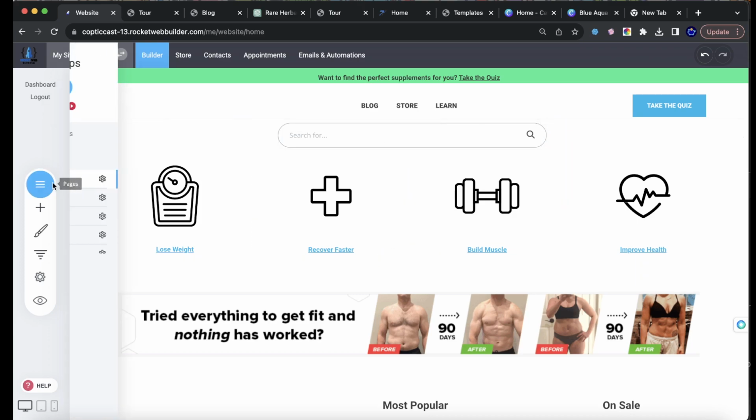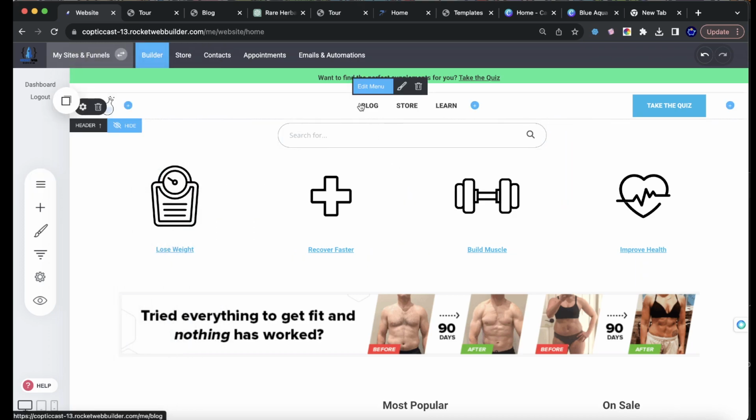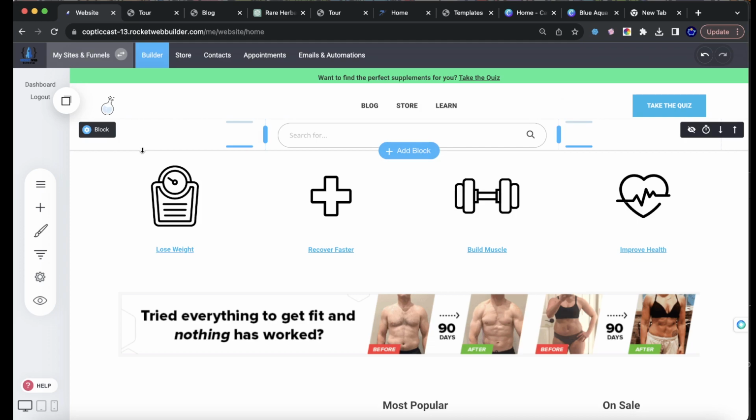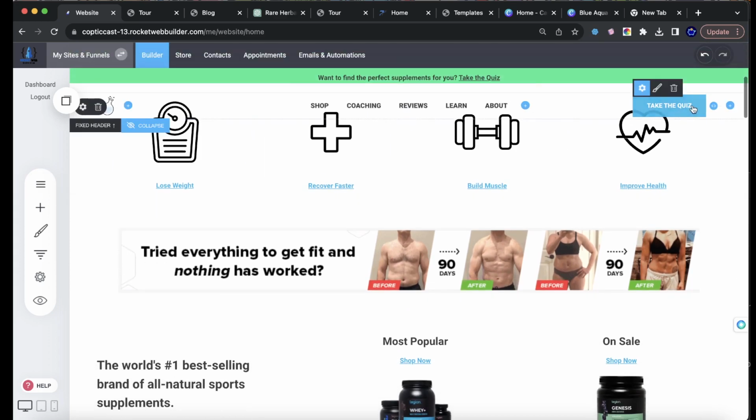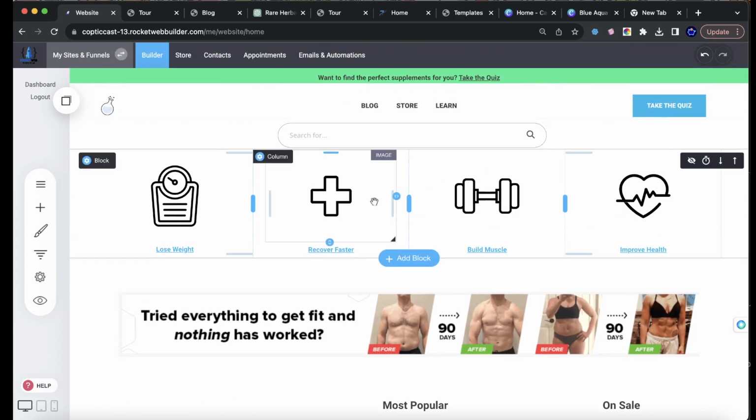So first thing is we have our categories in our blog. We have a store section. We have a learn section. Now we have a quiz section. In order for us to accurately start working on the quiz, we need to have category pages taken, because basically